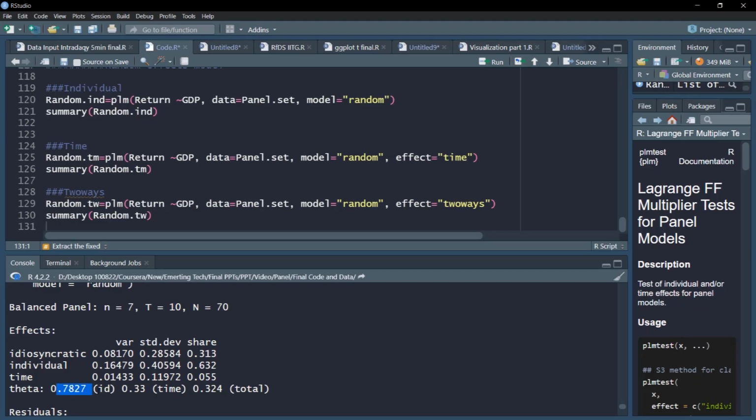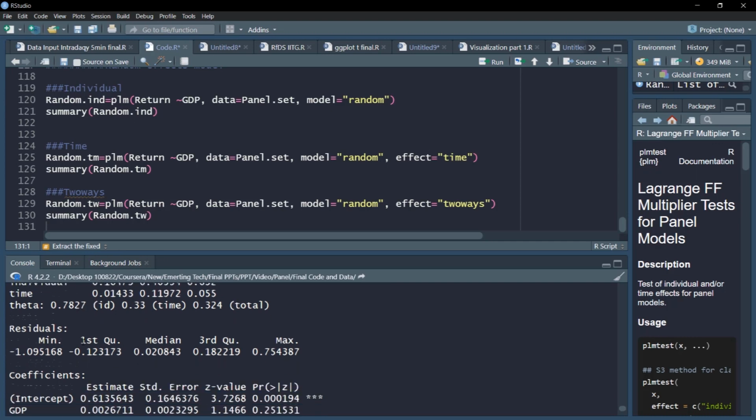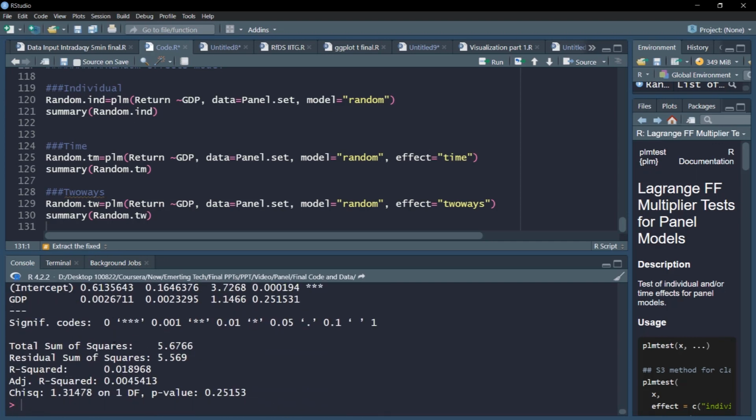Theta is also important when we have individual effects. It is getting diluted with time and two ways. That means the time effect is diluting our overall effect part, and therefore it is better to keep only individual effects, where the theta parameter is pretty high and closer to fixed rather than pooled.